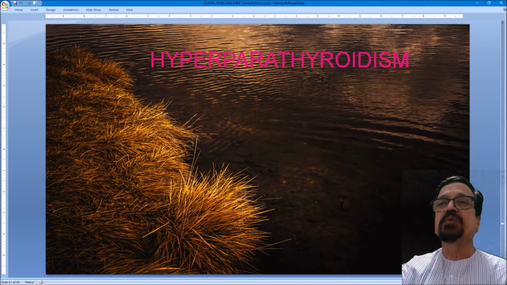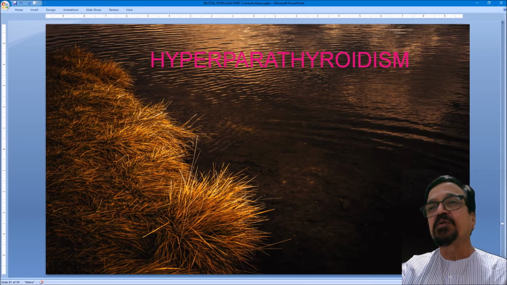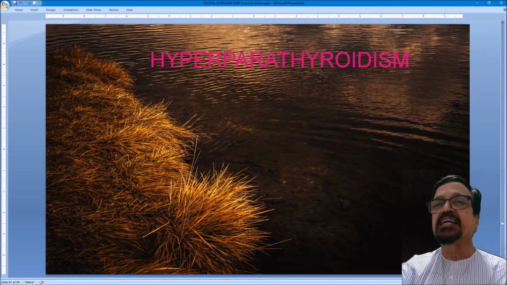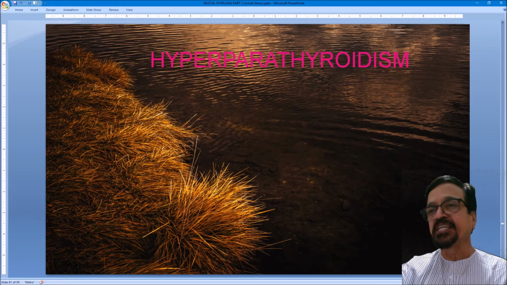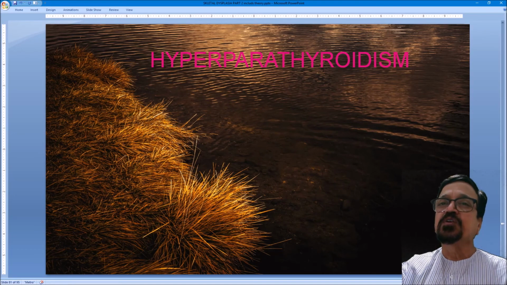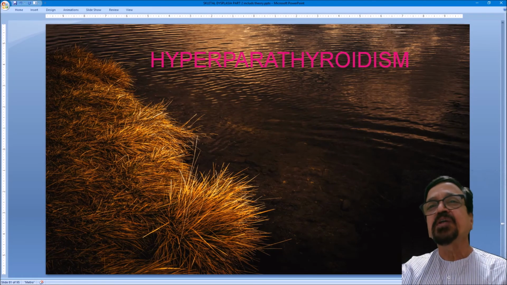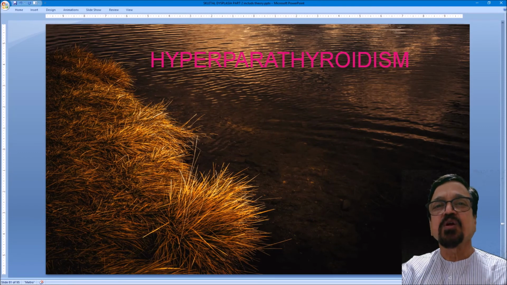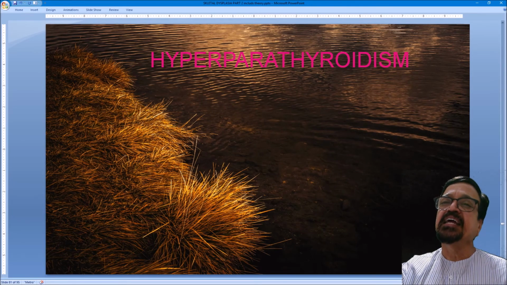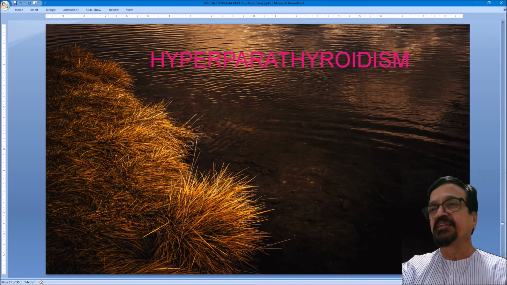Now let us come to another one, that is hyperparathyroidism. This group is taken because the radiological appearances are to be differentiated from dysplasias, and by and large they have got an endocrinal base, so there are a lot of manifestations, and the investigations, once it is detected, are targeted towards the clinical entities and the clinical varieties.